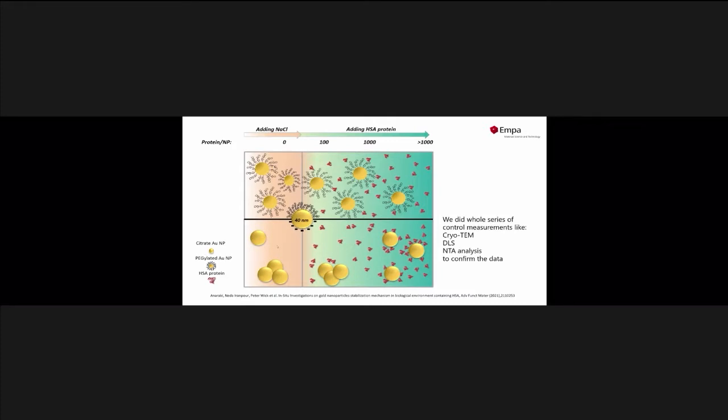Whereas if you have a citrate-stabilized gold particle in salt solution, here too we observe an agglomeration and even a precipitation of the agglomerated gold particles. A low amount of albumin does not prevent this agglomeration. We need a really high amount of proteins, which is more or less the situation we have in full